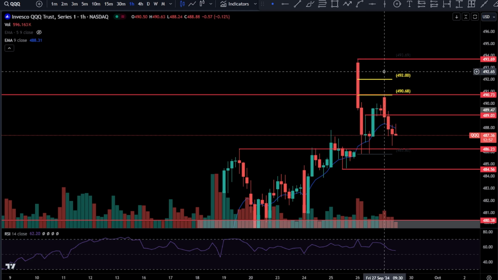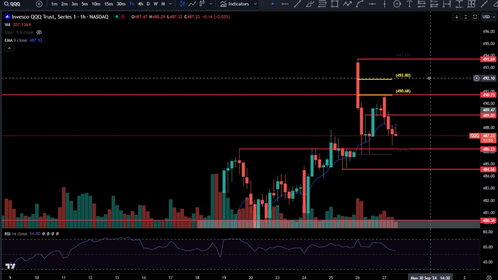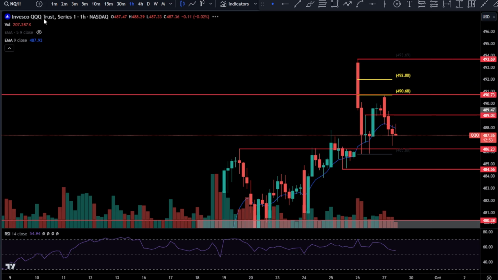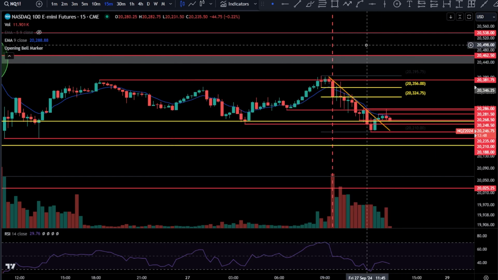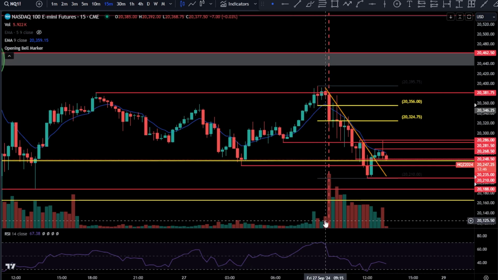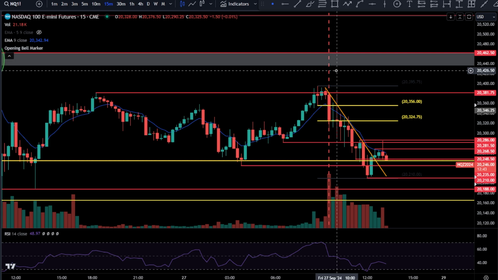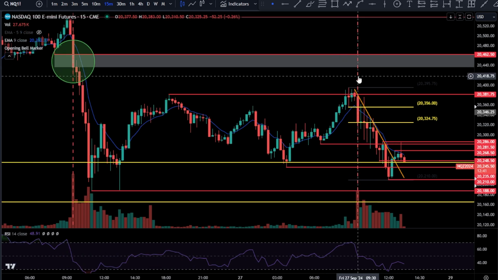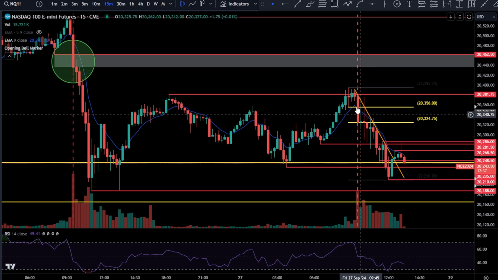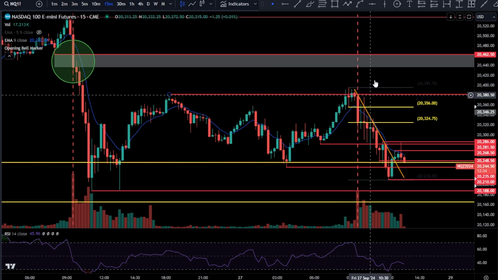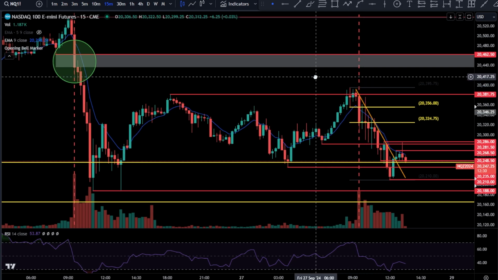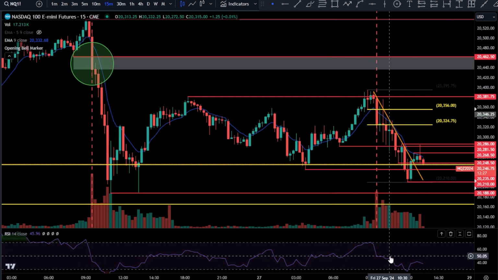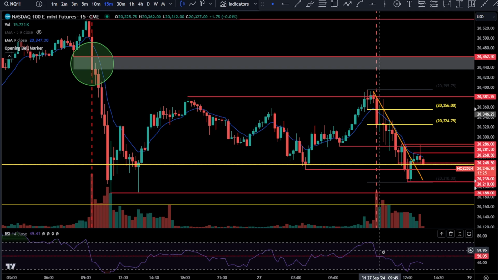Okay, we had our bias going into the day. I figured we were going to be getting a flush, and I'll just share a little tidbit that I reviewed going into this morning. 15-minute RSI was overbought. By default, I was looking for this thing to cool off. 15-minute RSI was oversold on VIX. And what happened? All right, you got underneath this 15-minute 9 EMA. Guys, when you get underneath it and then you reject it, that is when we are looking for further downside. You're looking for a larger sell to happen.